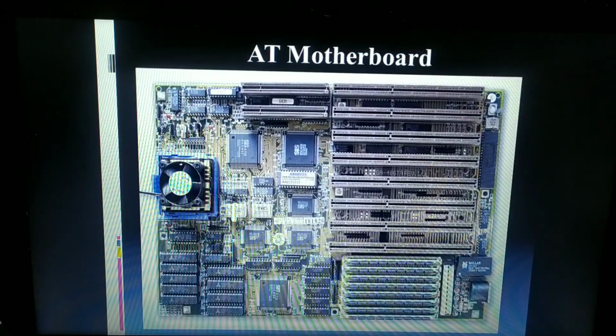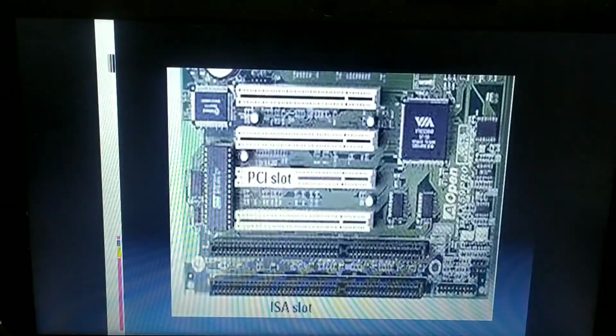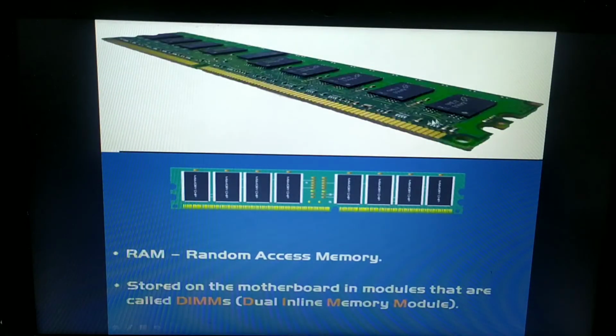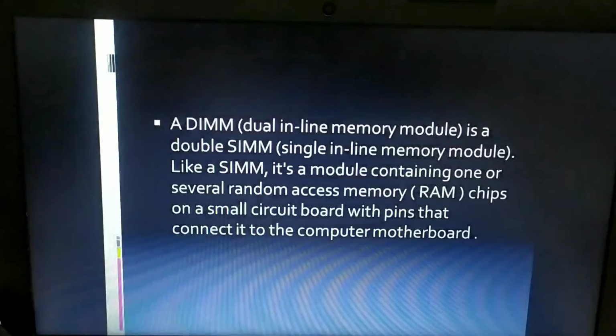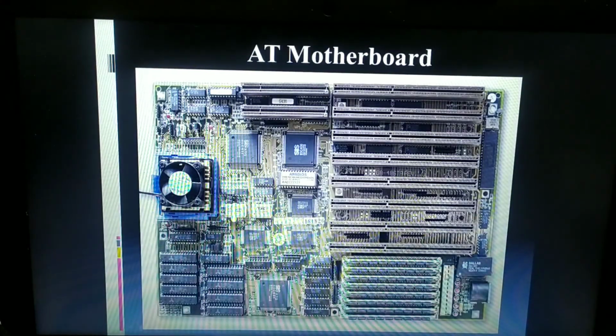In our previous motherboard, the RAM was using DIMM modules. Synchronous dynamic random access memory is very similar to this, but the data transfer for synchronous dynamic random access memory is comparatively very fast compared to DIMM. And this AT motherboard is using a 20-pin power connector. How I have shown the 12-pin power connector, here it is using the 20-pin power connector, and it is using the PCI slots and the ISA slots.